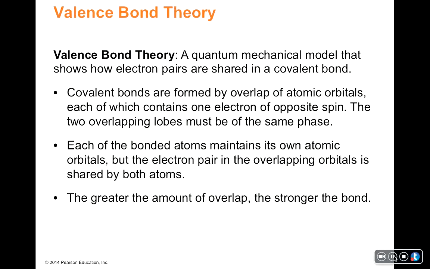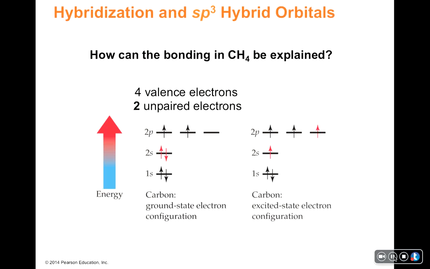Each of the bonded atoms maintains its own atomic orbitals, and the electron pair is shared by both atoms. That's sort of what we mean by a covalent bond. The greater the amount of the overlap, the stronger the bond, and vice versa. So if we look at, for example, methane,